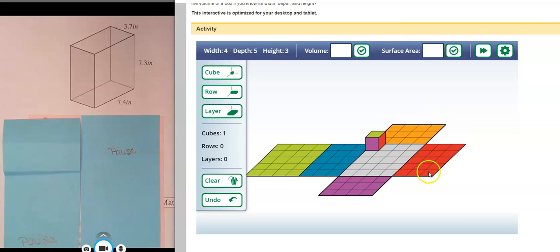So in order to find that out, you have to stop and think. In fourth grade, you had to learn area. Area is how many flat rectangles, so we'll take away that cube, how many flat rectangles fit on the bottom of a